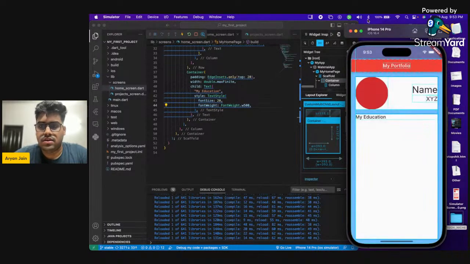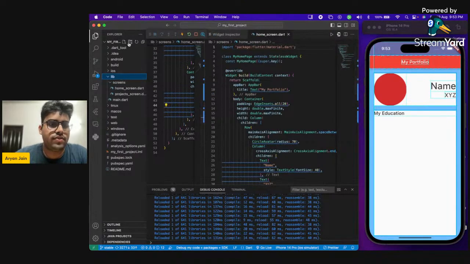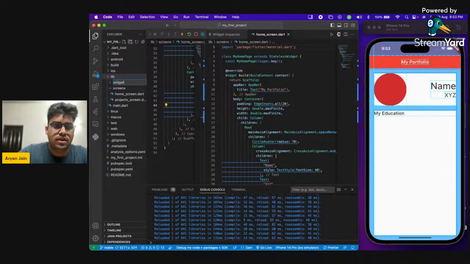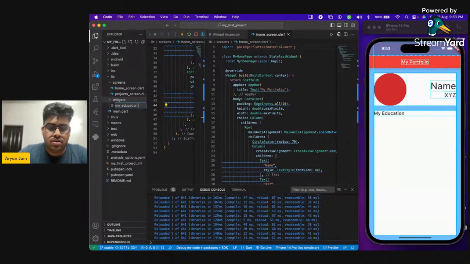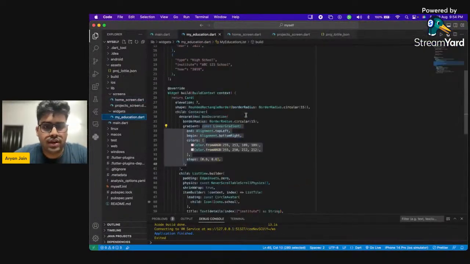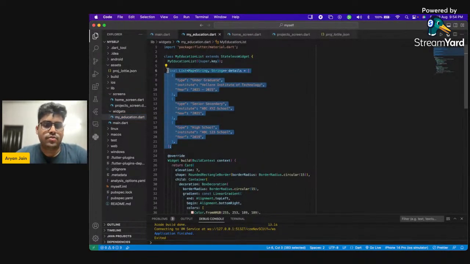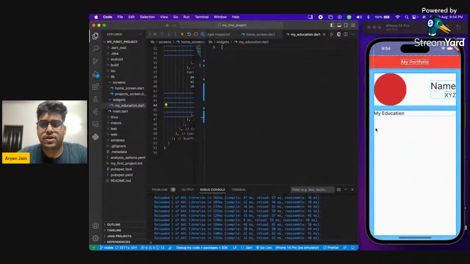Yeah, here. Because this is a separate widget, we are going to create a folder called widgets inside the lib folder. Widgets. And in widgets, I'm going to create a file called myeducation.dart. So all this information I'm going to take from here. This list I'm going to use inside the object. Okay, I copy it. Now because in the object I don't need any changing criteria, any changing thing,